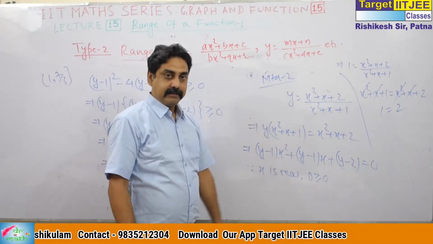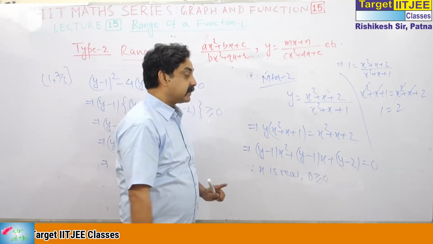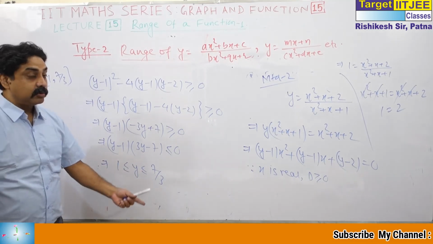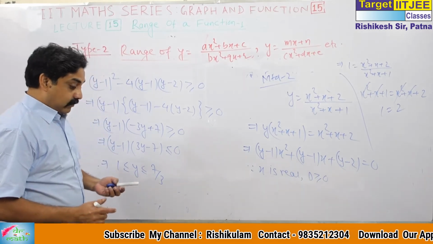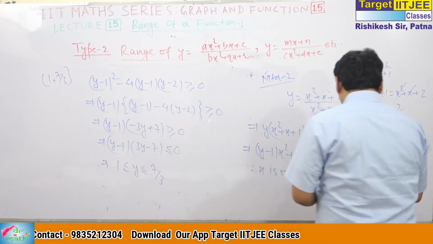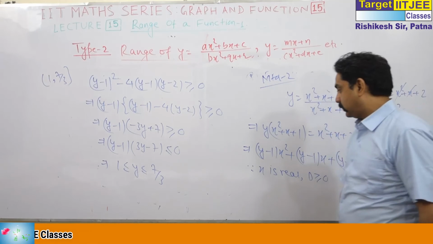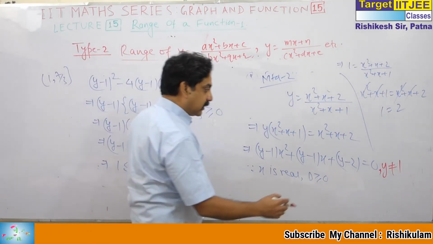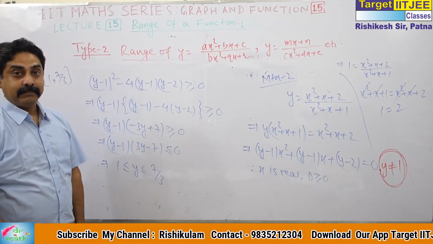But that I have checked. What is the original process? Why does this difference come that you got from the option? But if there is no option, suppose there is a subjective question, how to get the difference? Actually, one point I haven't made is in the previous question. When we write this quadratic equation, this y is not equal to 1, because as y is equal to 1, this will not be a quadratic equation. So this is the doubtful point, and we have to check this point always, every time.